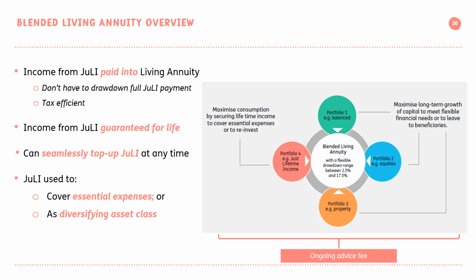From a practical perspective, it remains a living annuity solution because what we do is we are going to be paying that guaranteed lifetime income into the living annuity. So we don't pay it directly to the client, we pay it into the living annuity, and that then is allocated by purchasing units into one of the portfolios that the client uses for their drawdown before the repurchase happens that pays the client their monthly income. So it's an in, purchase in units, and then an out, which is a repurchase.